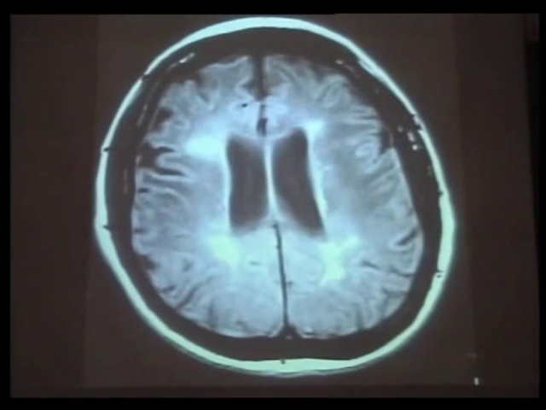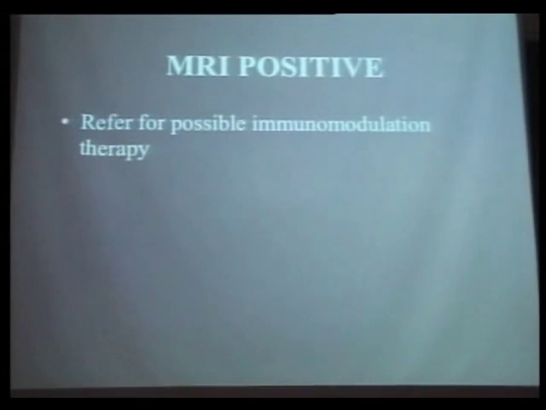And when I do the MRI scan, this is what I'm looking for. I'm looking for these periventricular white matter lesions that you see in patients who have MS. The reason I look for these is that, in order to answer the patient's question of do I have MS or will I develop MS, this is the most important prognostic factor. This and only this is the most important factor. So if the MR is positive, this is where Andy and I disagree a bit, I send the patient off to a neurologist to consider immunomodulation therapy.